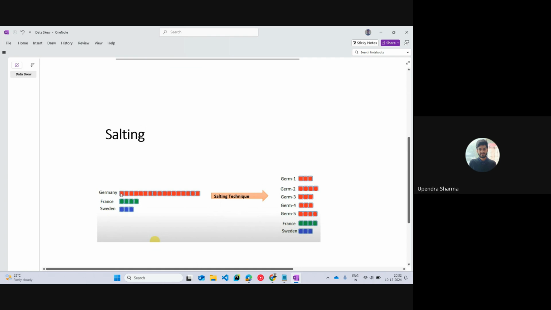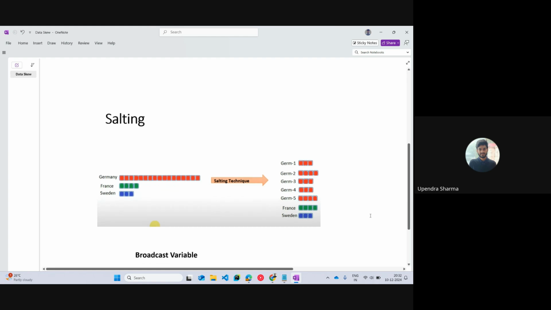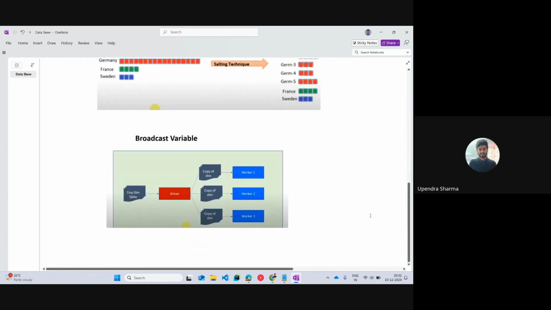Because let's say if I break it down into one block, so let's say this one block is one partition, second block is another partition, third block is another partition. So then what will happen is that this France data set will be having a data skew problem, right? Because this will be greater than these partitions. So we have to break the bigger partition, but keeping in mind that we also have few partitions. So the size should be comparable between each partition. Okay. I hope this particular technique is clear.